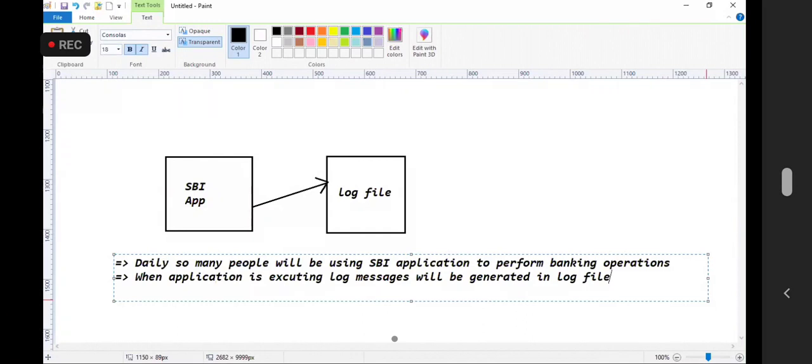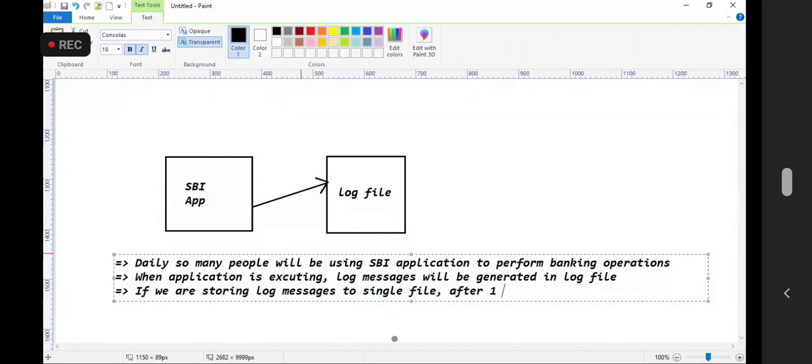Every day, every hour, every minute, people are using this application. If we are storing log messages to a single file,